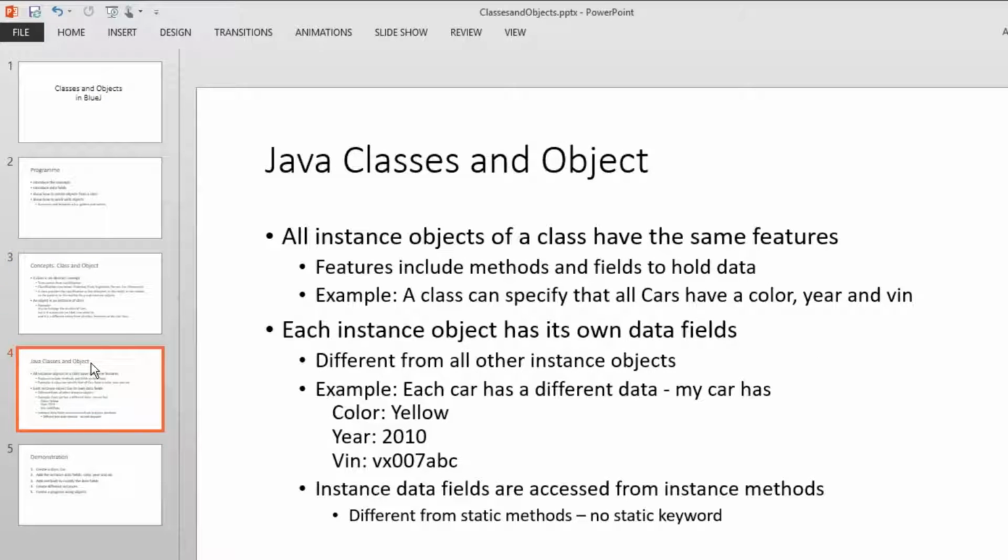In Java, all instance objects of a class have the same features. Features include methods and fields to hold data. For example, a class can specify that all cars have a color, a year, and a VIN. Each instance object has its own data fields, different from all other instance objects. For example, each car has different data. My car has the following data. Color is yellow, the year was 2010, and the VIN is